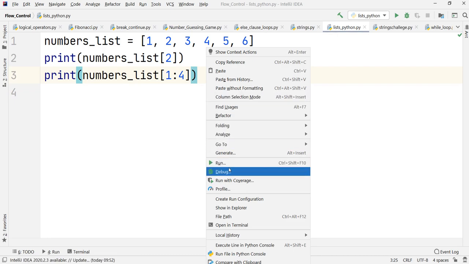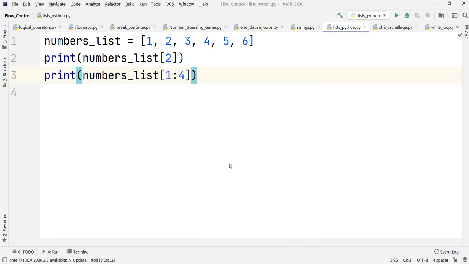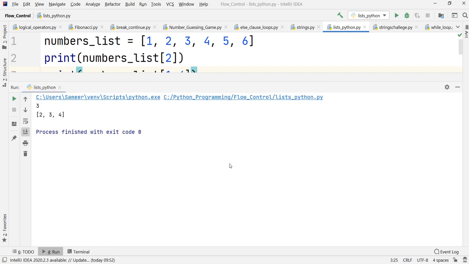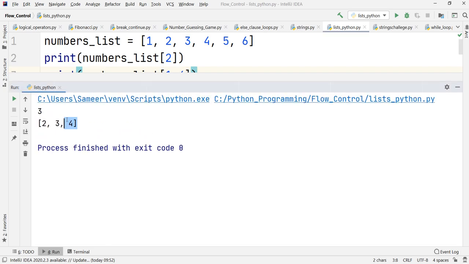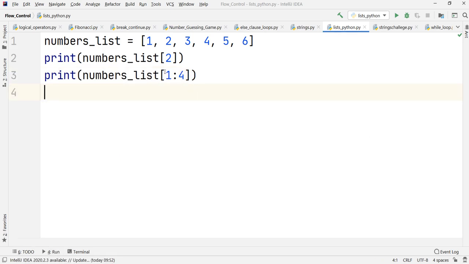I'll just run it meanwhile. If you check, it gives you a list. Just observe it is not giving you the values separately, it gives you a list. So always remember, slicing will give you a list only, but in the range of those values. So 2, 3, 4 are considered. And why? The first value, index 1, is 2, and the fourth index is never considered, only up to 3. So the fourth index is not considered.